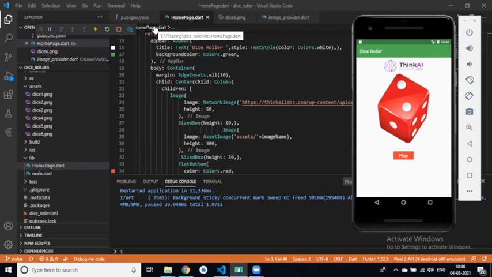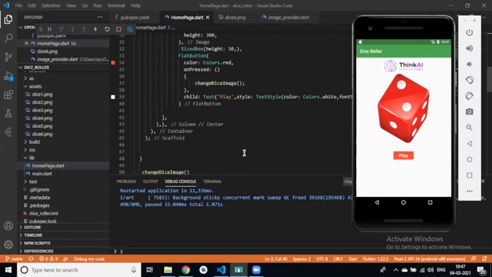And then we use a flat button for playing with our images, like flat dice. Here in this flat button, we define the onPressed function. Whenever we press the button, we need to change the dice roll images.